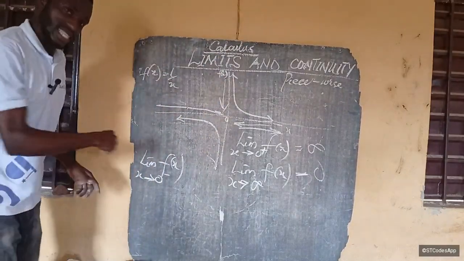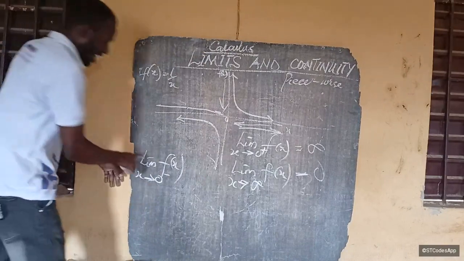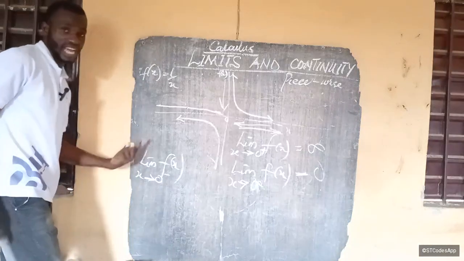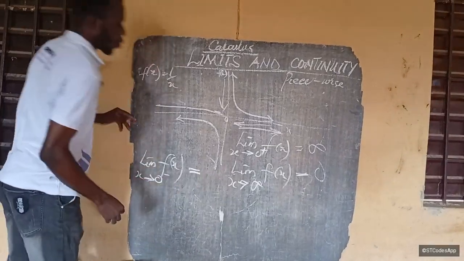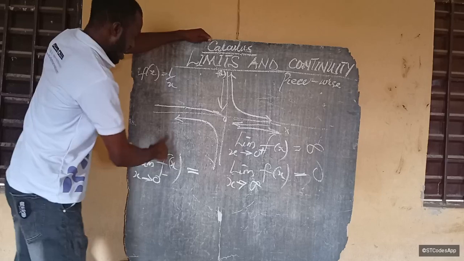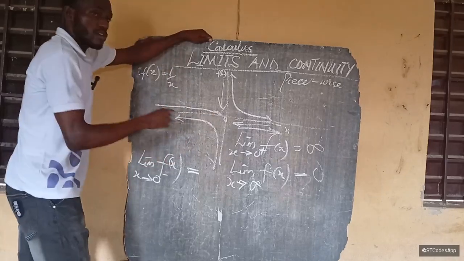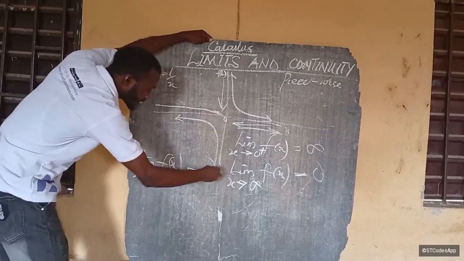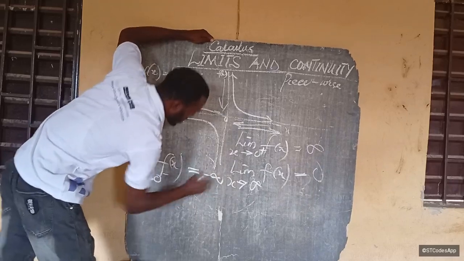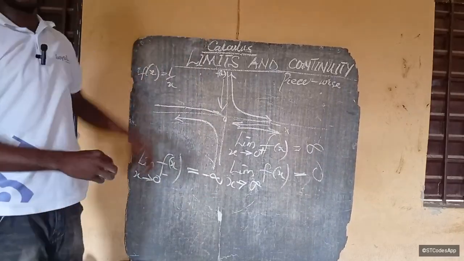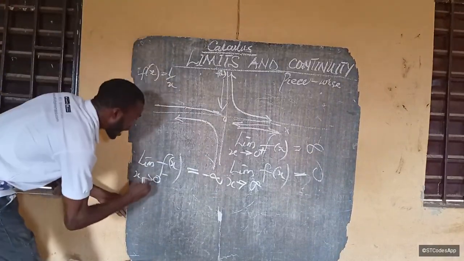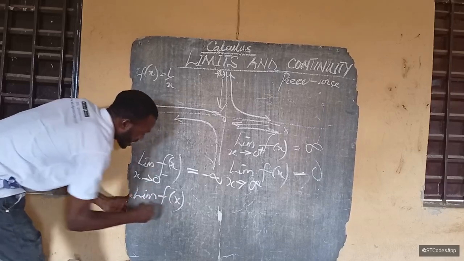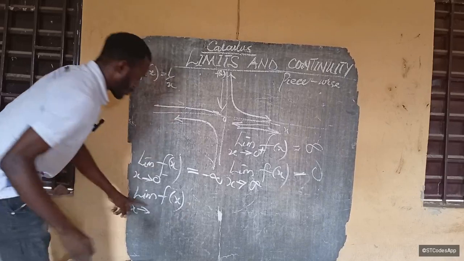Okay. Now, in this case, we are also saying, therefore, that as our x approaches 0 from the left-hand side, our function is going to approach what? Let's see. As our x approaches 0 from this left-hand side here, you're going to see that the value of our y is increasing towards what? Negative infinity. And as our function approaches, the limit of our function f of x, as x approaches,